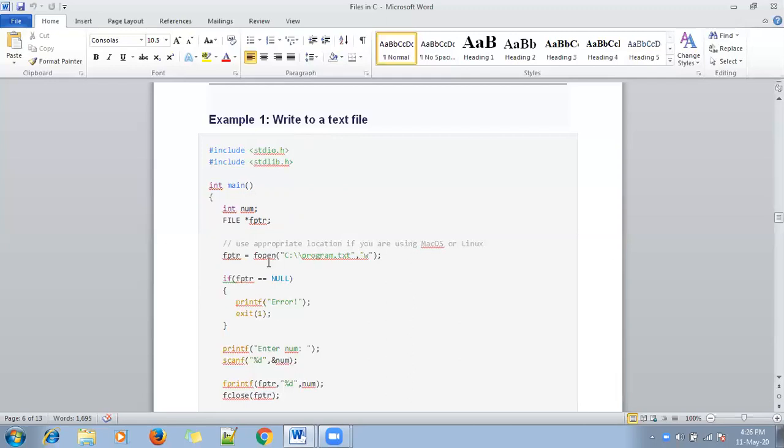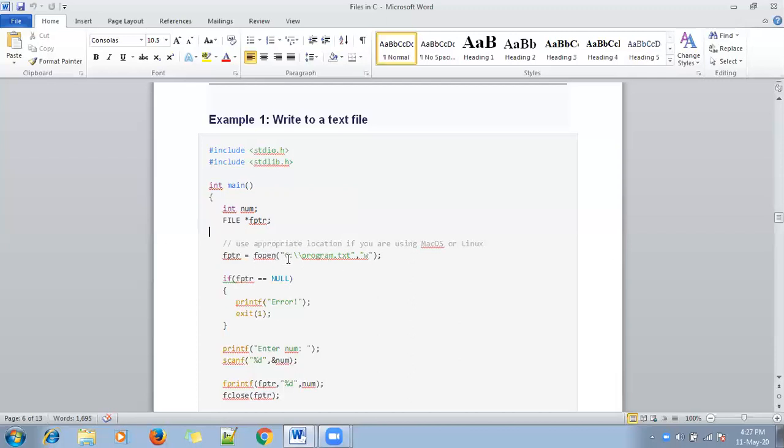Okay, the fopen function is used to create a new file, but with text mode, write mode, right? What is the purpose of write mode? If you have an existing file, it will create a new file, but all the data in the file will be erased. Otherwise, if the file does not exist, a new file will be created with the name. This is the purpose of write mode. Please refer to the modes of the files once again.